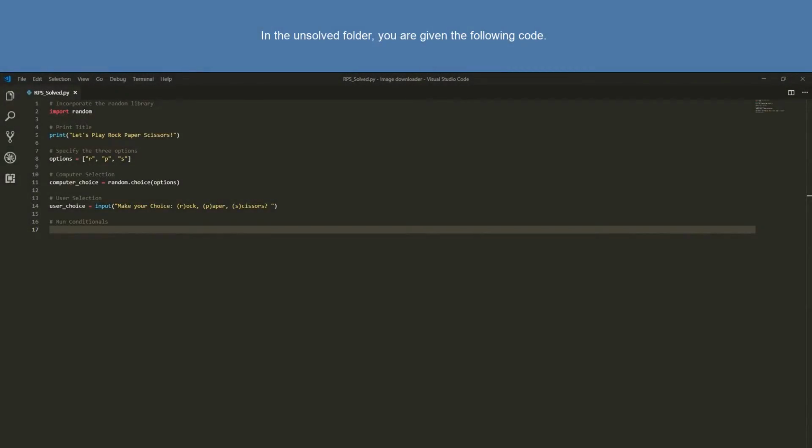In the unsolved folder, you are given the following code. First, we are importing the random library from Python. This library is standard and is included in your Python installation. We then welcome the user to the game with a simple print statement that says, "Let's play rock, paper, scissors." Next, we have a predefined list saved to a variable called options. This list contains all the possible options, R for rock, P for paper, and S for scissors